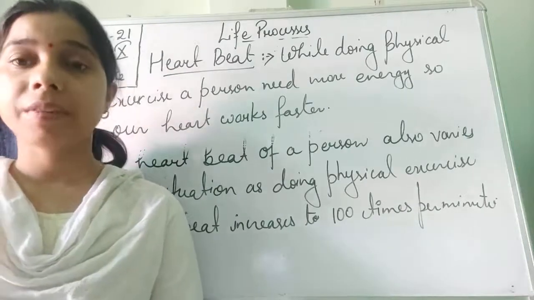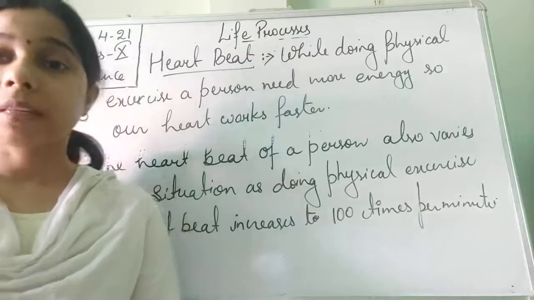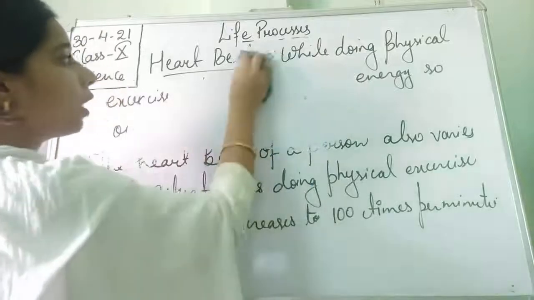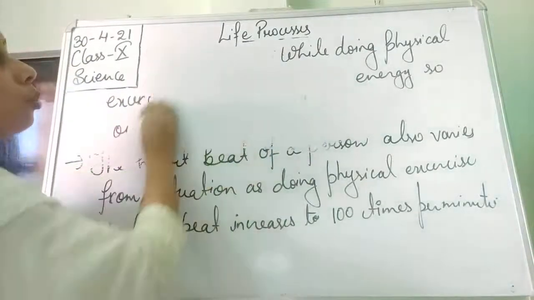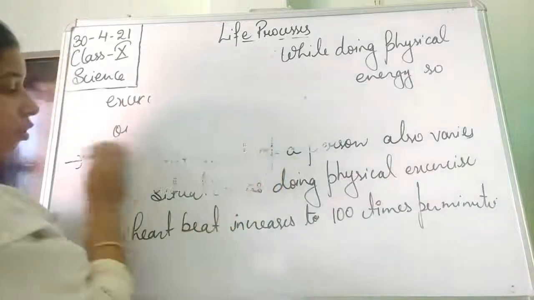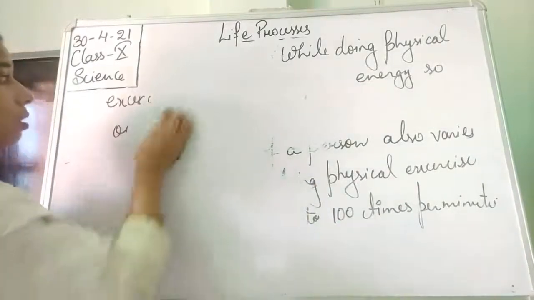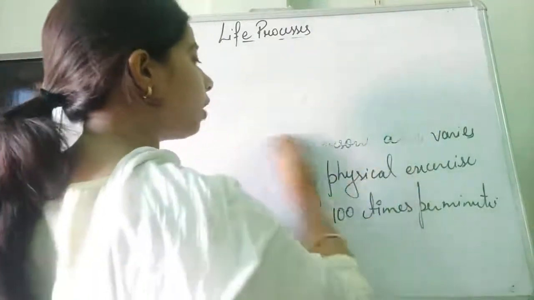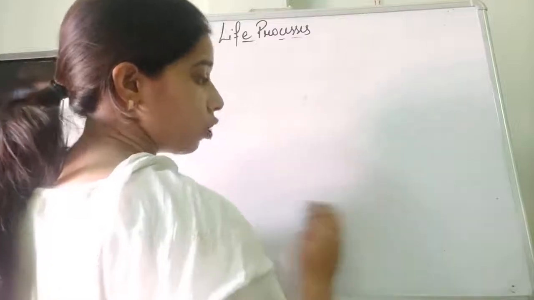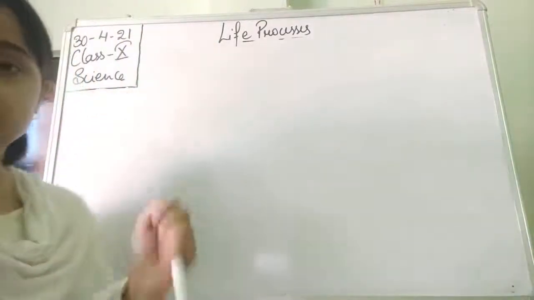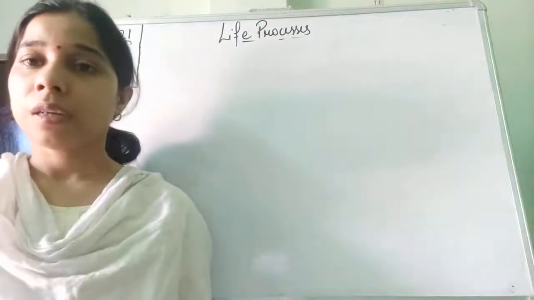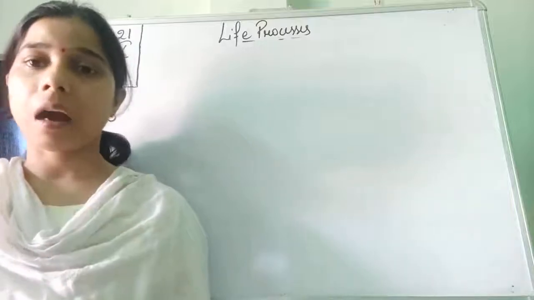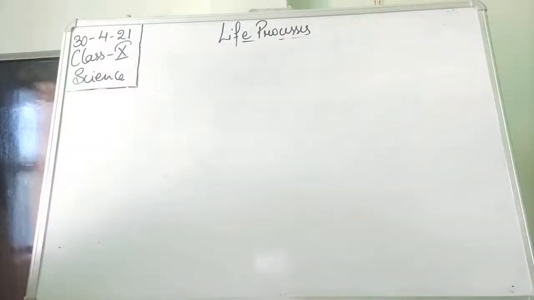Let us move on and see what a pulse is. Every time the heart contracts, students, it forces the blood into the arteries, due to which the arteries expand, and this is called a pulse. You have heard about the pulse rate, students, by checking it on your wrist, even on your neck. It is because of the expansion of the arteries when the blood is forced by the heart into the arteries.